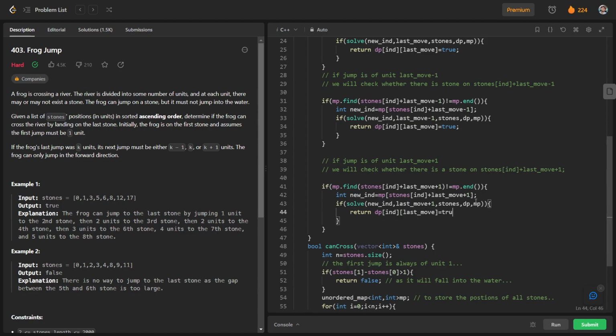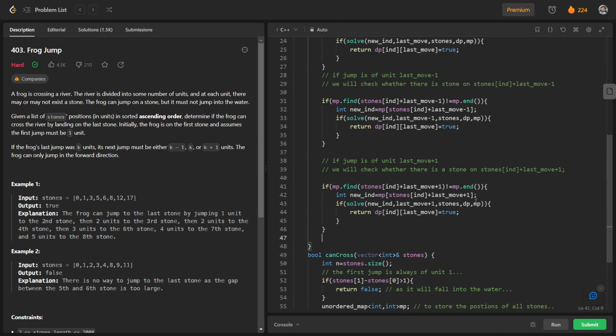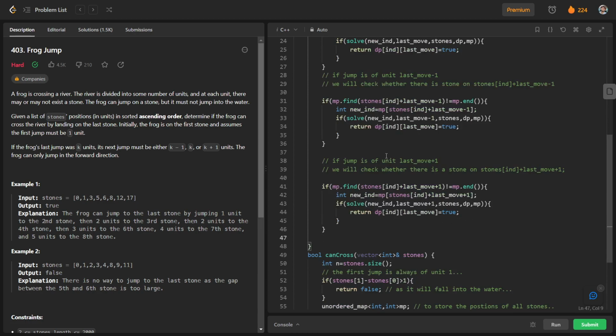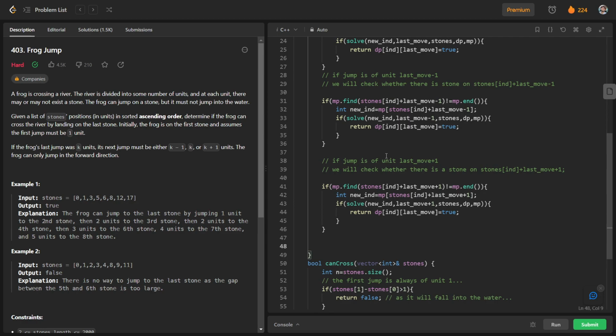Otherwise, if we are not able to jump from any stone, or if we are not getting true from any of these cases, we will just return false. So we will return dp of ind and last move equal to false.